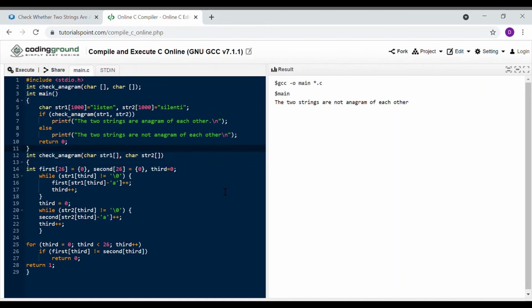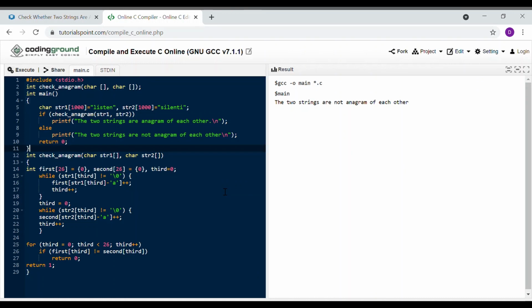You can use another approach: take one array, and for the first string count each and every character and store it in the array. For the second string you subtract from the same array. If at the end you get all the values as 0, then you can say it is an anagram.